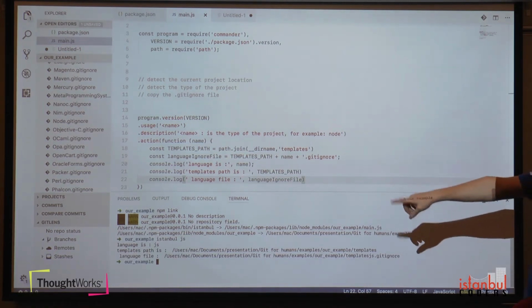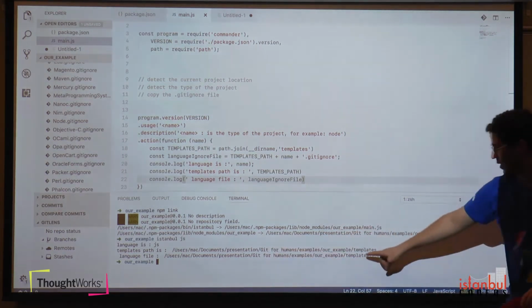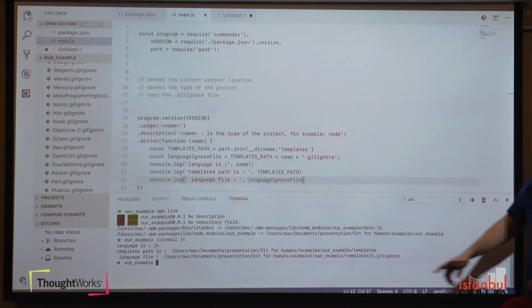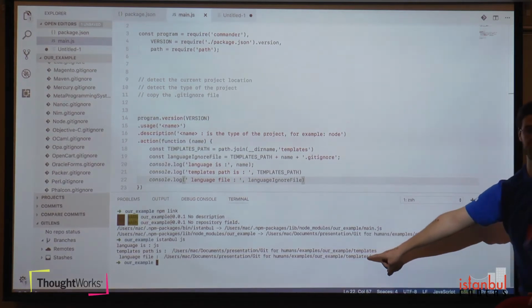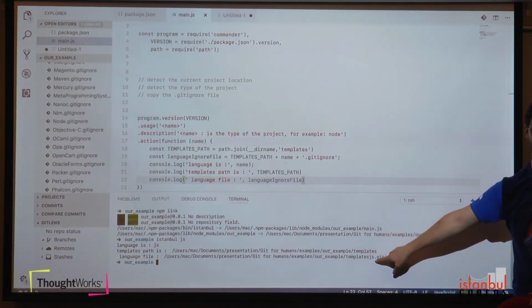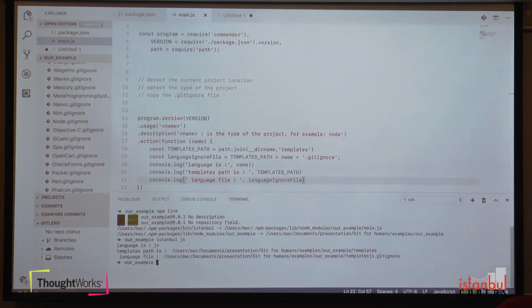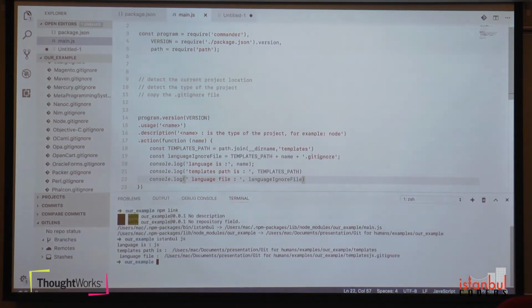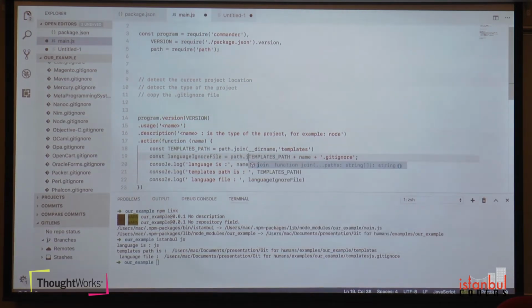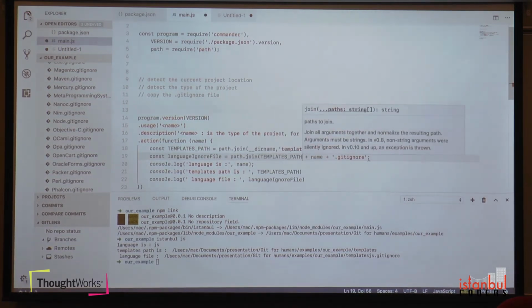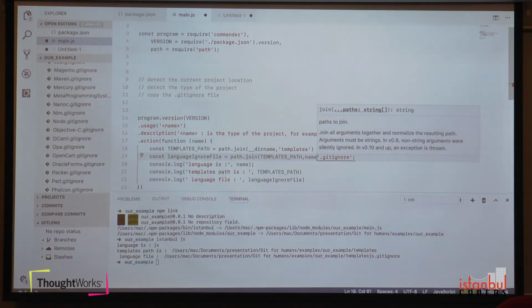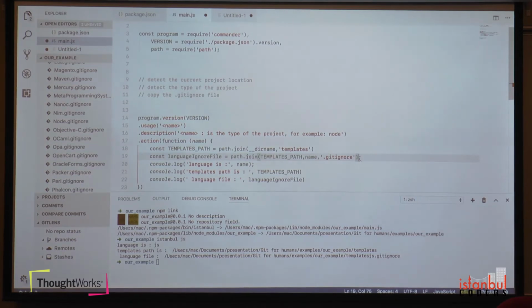We have the template path, which is true, /templates. What we have also, templates of, we made an error here. There is an error here. We should add the slash. Here, instead of using this plus, we can use path dot join in JavaScript. You give it just the arguments and it will automatically join the arguments. If we show it again now,